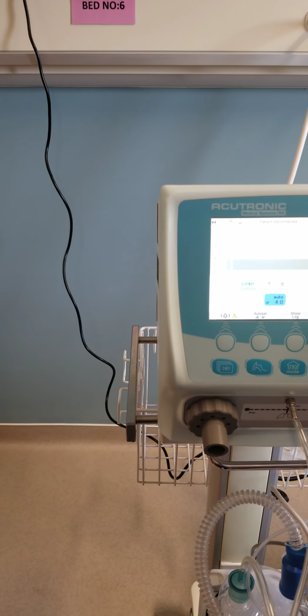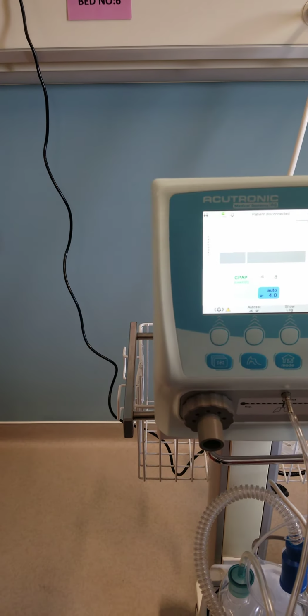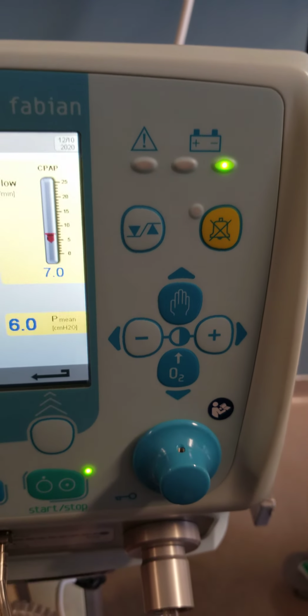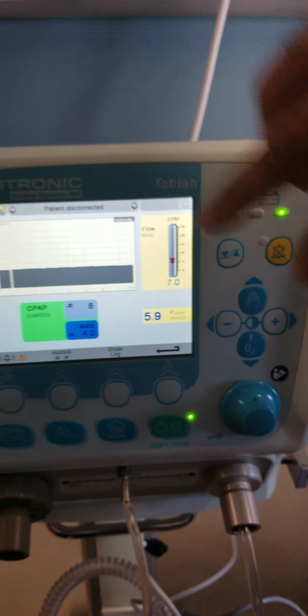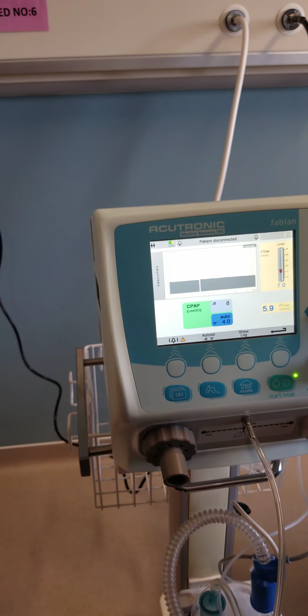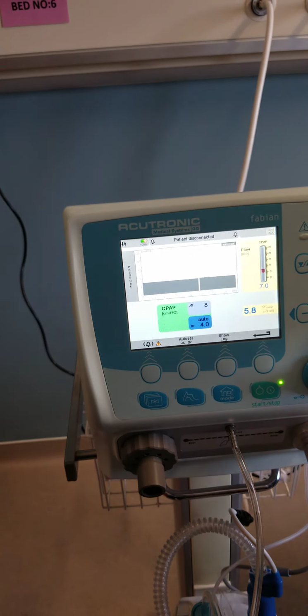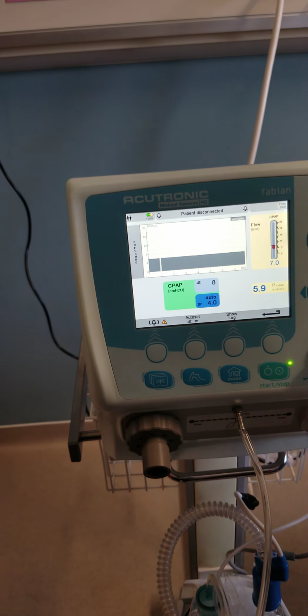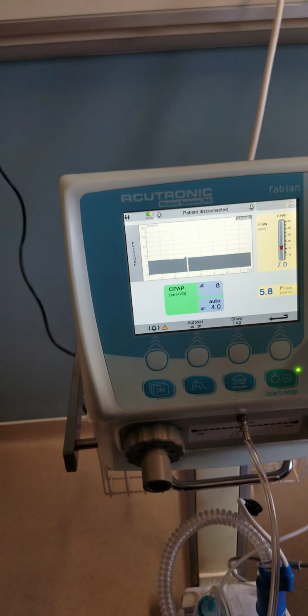So this is for the alarms. This is for a manual ambu valve. That's why it has a hand symbol. These are for the screens in case I want to decrease or increase light, contrast for day and night mode. This one is for your O2, I think. Let me go one back.